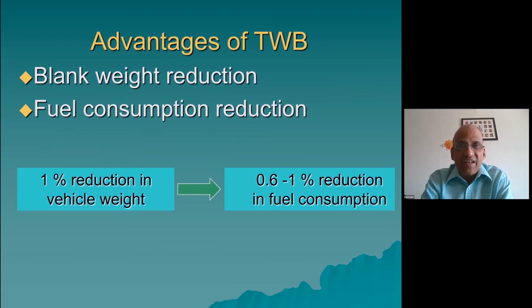So you can see the advantage. As we said, the primary driver is really weight reduction. Since we can use a combination of thicker and thinner sheet metal in place of uniformly thick sheet metal, you're going to achieve weight reduction. And achieving weight reduction automatically means that you're going to lower the fuel consumption, and thereby you can achieve reduction in the emissions. So this is the major advantage of Tailor Welded Blank.